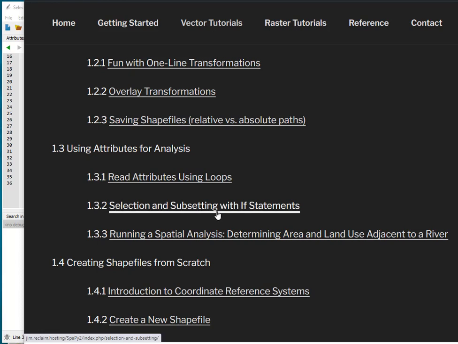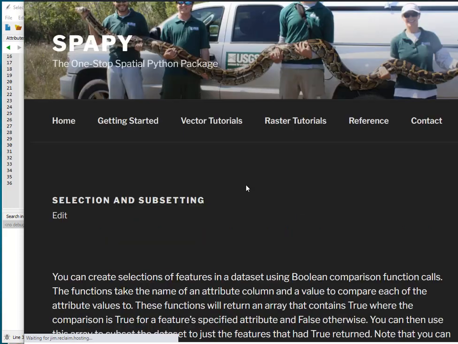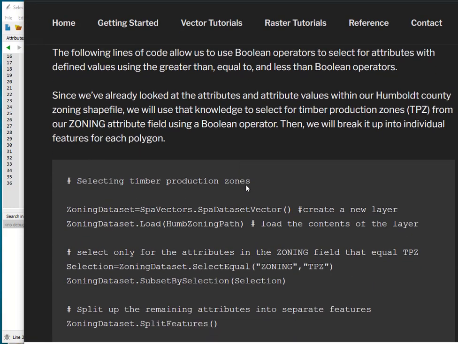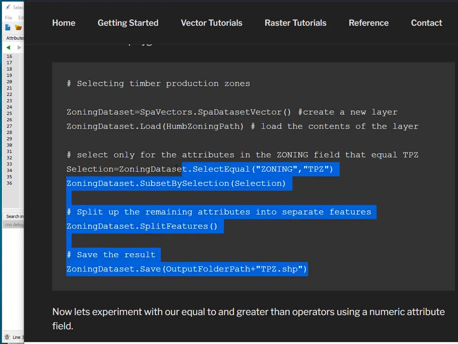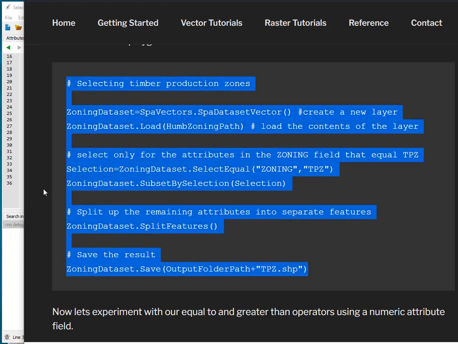This video will cover selection and subsetting. We're in 1.3.2. Okay, so I'm going to go ahead and, as we've done in the past, just go ahead